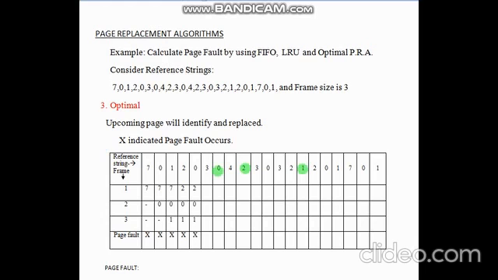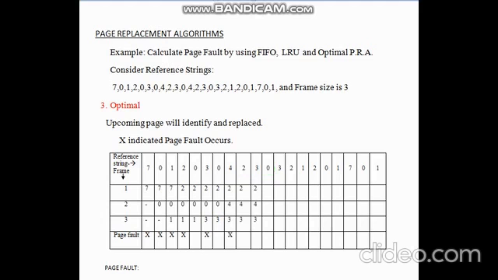Now you can see in the example, 1 is referred after 0 and 2, so 1 is swapped out. In place of 1, 3 will be entered. Now 0 overlaps on 0, so a page hit will occur. You can see in the example 0 is referred after 2 and 3, so in place of 0, 4 will occur. So a page fault will occur.